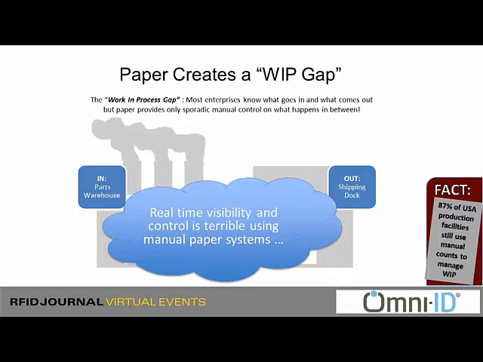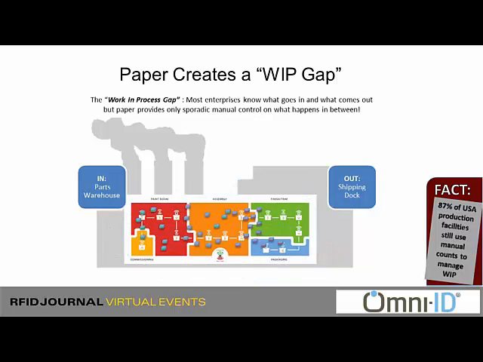But the real-time visibility and control using that method is very poor. And if you want to live in a world such as Amazon is pioneering, where real-time demand triggers can come instantly and repicks and changes can happen on the fly, those old paper-based systems and lack of traceability really can't help you be the flexible factory that's being demanded today. So new processes are required. And we can talk about some of those processes and how they work as you go through a very complex